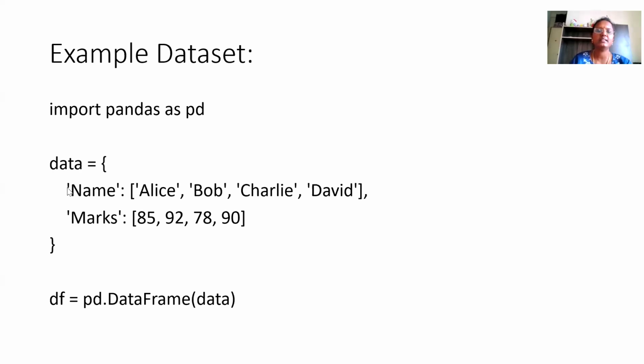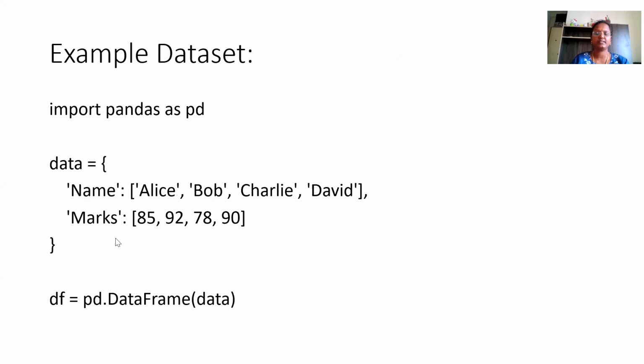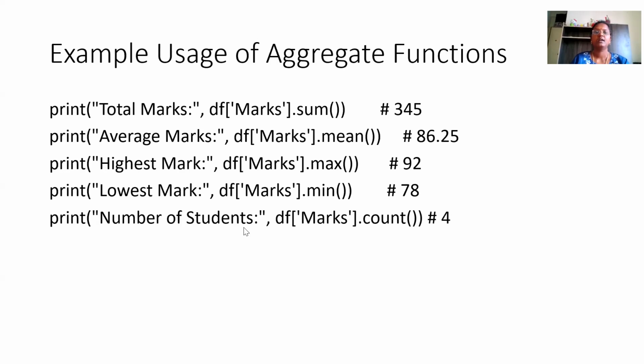Now we are converting this data into a data frame using the function pd.DataFrame(data). So we are just converting the given input value into a data frame. A data frame is nothing but columns. Then we have to apply the aggregate function. In the previous data, you can see that in one column you have the names, and in one more column we have the marks according to the names. So in the aggregate function, you can apply print total marks.